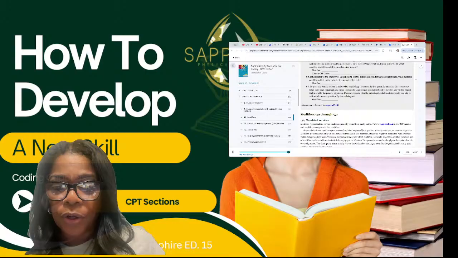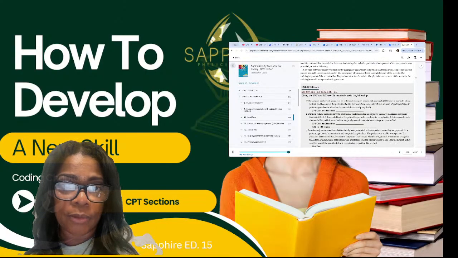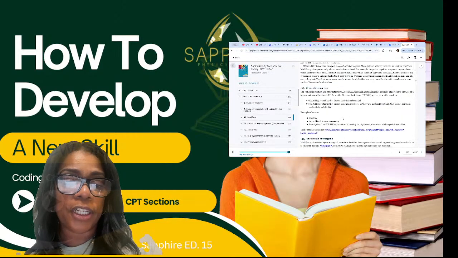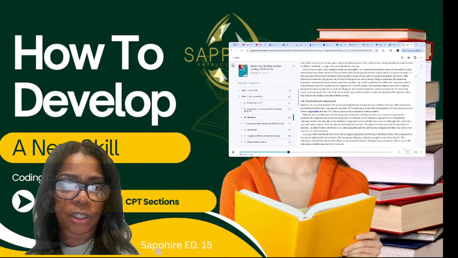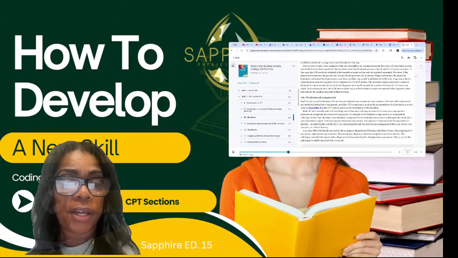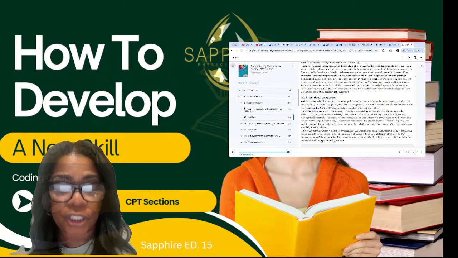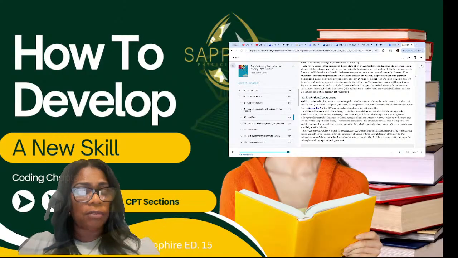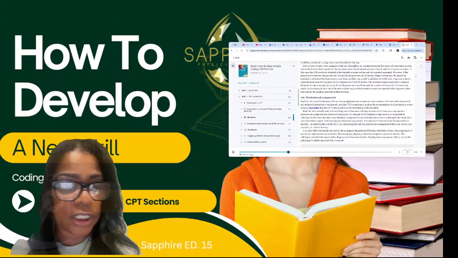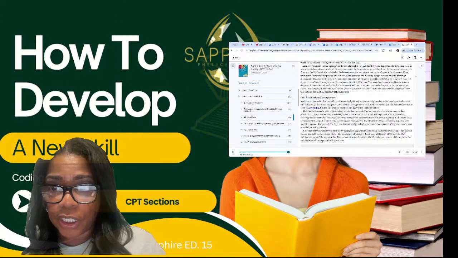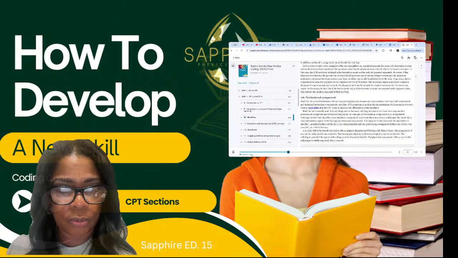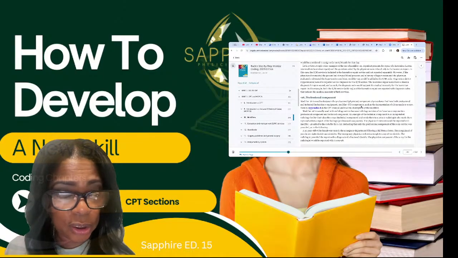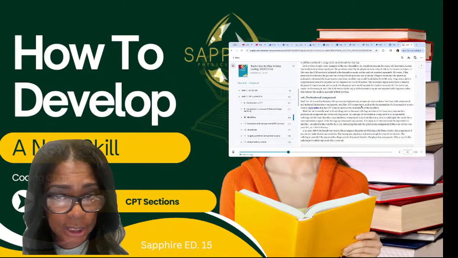Okay, but again, your modifiers. I was talking about 26, right? The 26 modifier is one that we use all the time. Where is it at? We must have talked about it already. Professional component. Modifier 26 is used to designate the professional, professional as in the physician. Remember hierarchy. The physicians are at the top, then you come down to the other ones, physician assistants and so on. It's a component of procedures that have both professional and technical, so I got it in parentheses. Technician plus equipment,